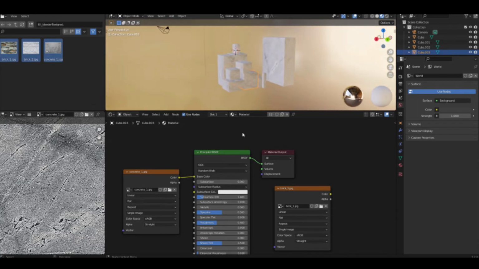If you wanted to name your node, you just go here, type concrete, push enter. Now this node is known as concrete. Okay, so